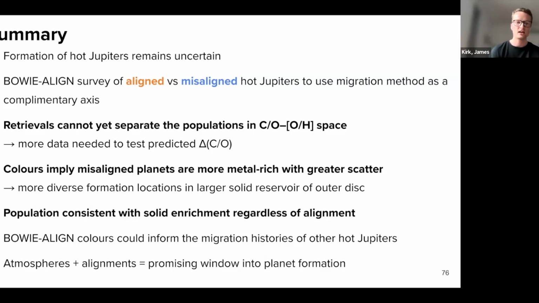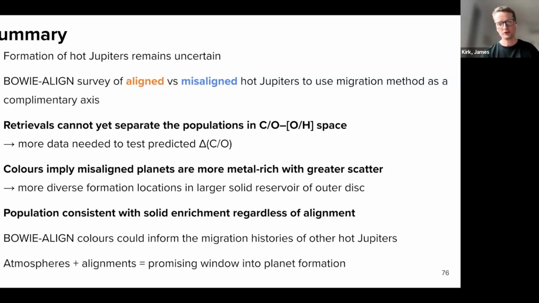However, the colors imply that the misaligned planets are more metal rich with greater spread in their metallicities, which could be suggestive of them forming in more diverse locations within the larger solid reservoir of the outer disk. On the whole, though, both colors and retrievals are suggesting that the population appears to be consistent with solid enrichment regardless of alignment. And I finish by mentioning that the Bowie-aligned colors could inform the migration histories of other hot